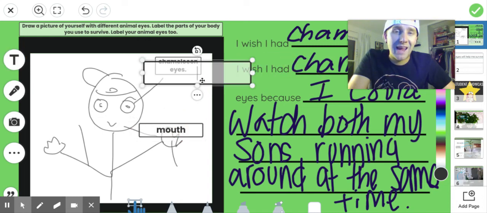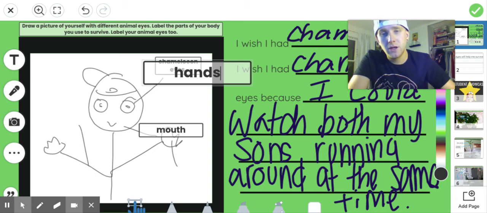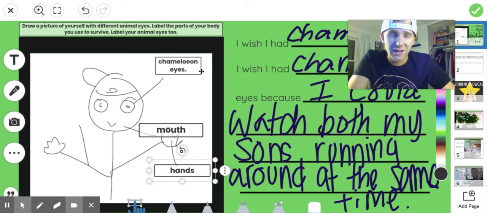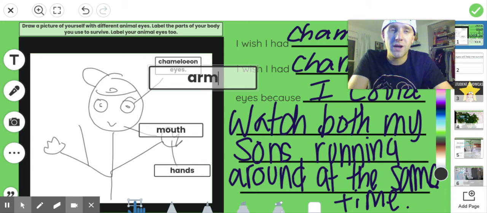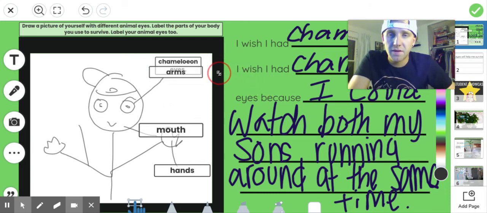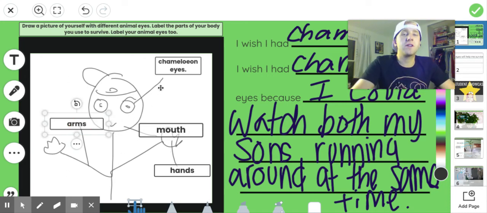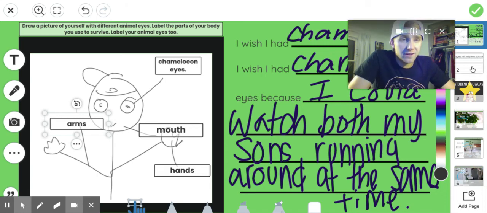I did one for my hands. So I want to make sure I label my hands because that's something I have in there, because I use my hands to survive. Also my chameleon eyes, my mouth, my hands. And then the last thing I use to survive are my arms. So I'd have all of those labeled to show all those parts, especially my chameleon eyes. Then I can add some color. And then on the last page,